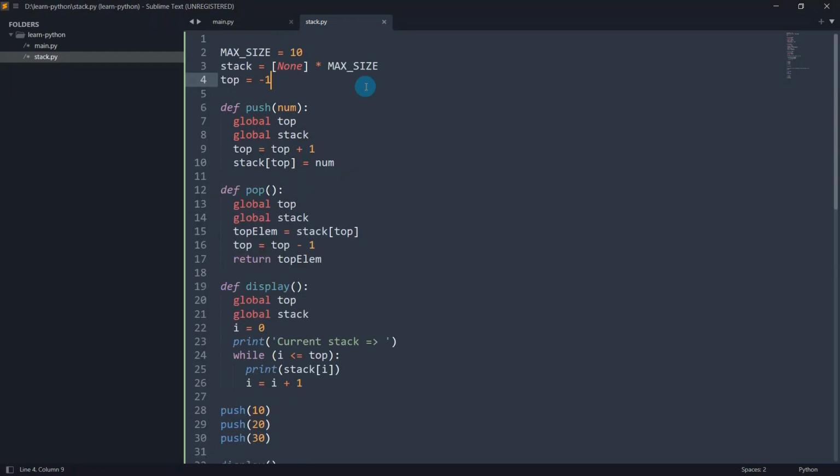Okay, now let's try to do some error handling. As we discussed earlier, we are maintaining a stack of finite size, that means limited size. We are not going to have a stack of unlimited or infinite size, right? So what will happen if somebody tries to push a new element after the stack is full? You have to throw some error, or handle the situation. That is the error handling we need to do.